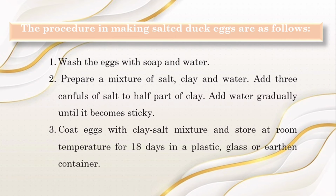Next is the procedure in making red salted eggs. First, wash the eggs with soap and water. Next, prepare a mixture of salt, clay, and water. Add 3 canfuls of salt to half part of clay. Add water gradually until it becomes sticky. And then coat the eggs with the clay salt mixture and store at room temperature for 18 days in a plastic, glass,